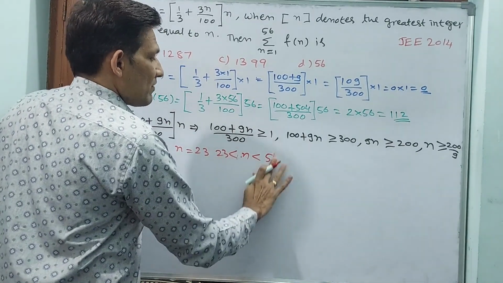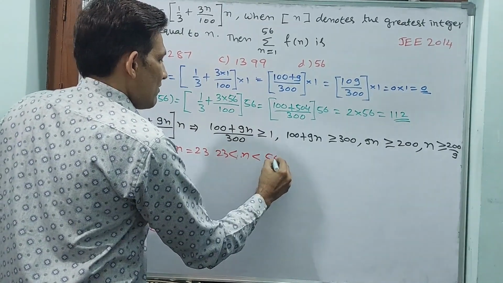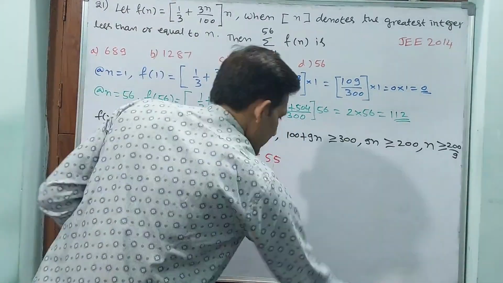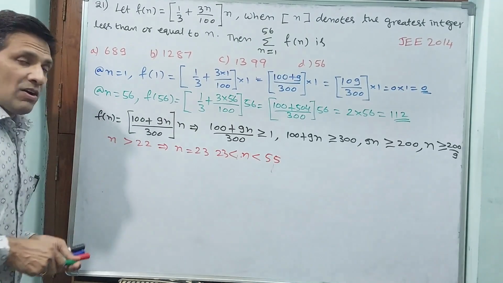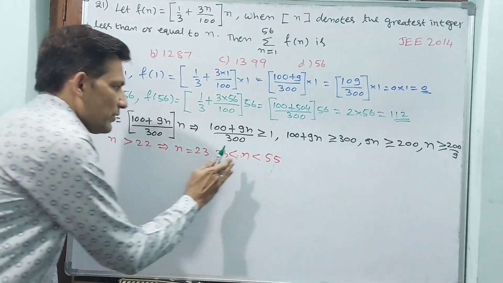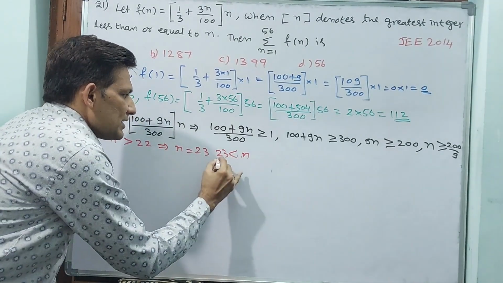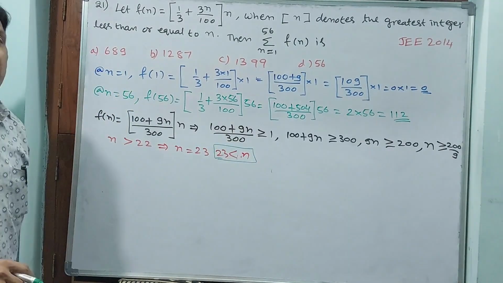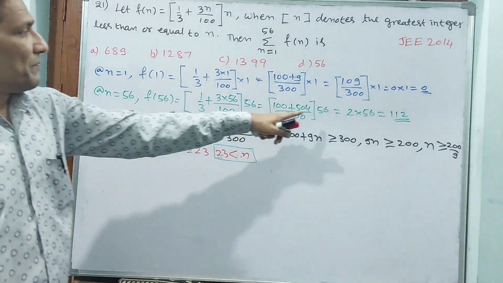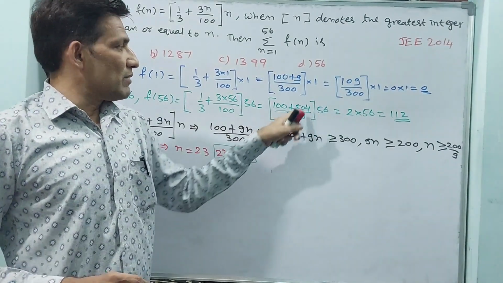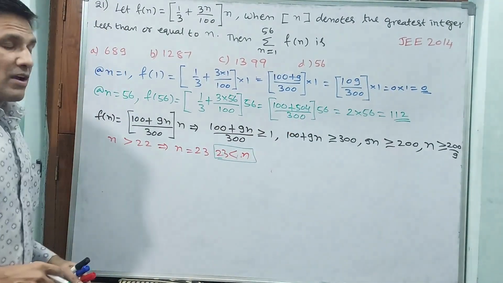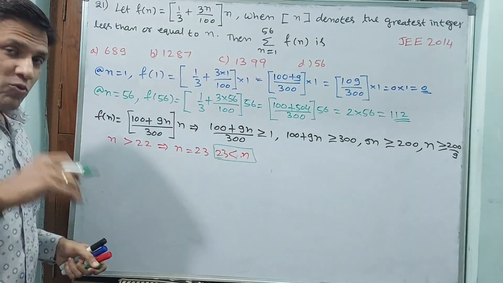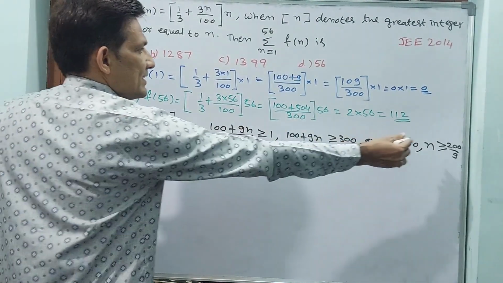Why? Because I want to show you something. See here, one more formula we will do. That means n should be greater than 23, one thing. Up to when? If we go to 56, automatically it is going to become 2. We have got 56, but 55 we don't know. How to find? See how I am writing again.